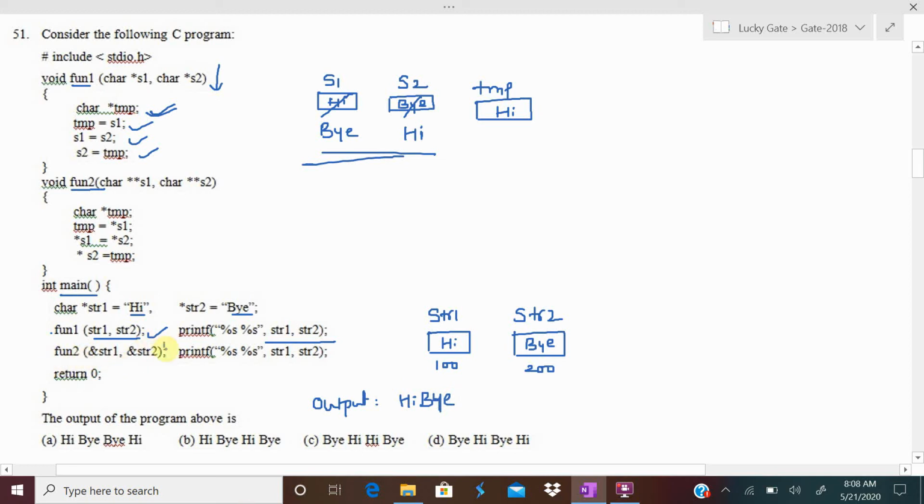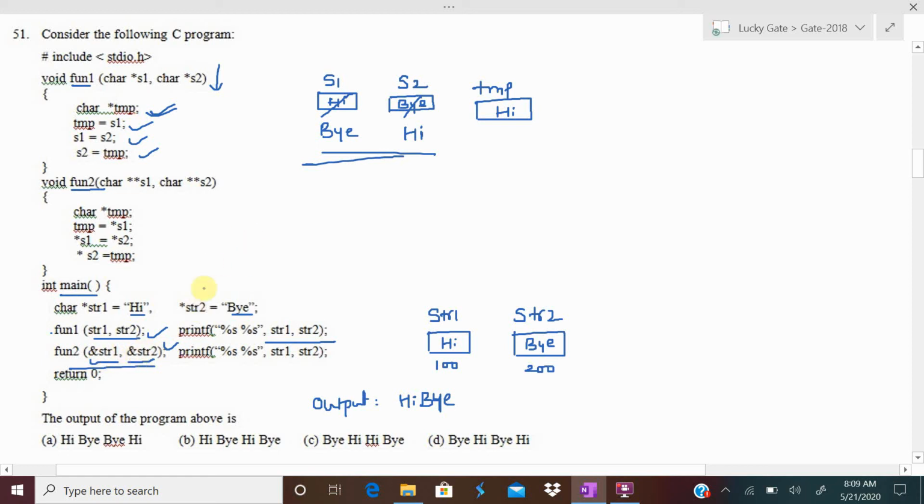Next it is calling fun2. But observe here, it is calling the function fun2 with the parameters &s1, str1 and str2. Instead of sending the values, it is sending the addresses.